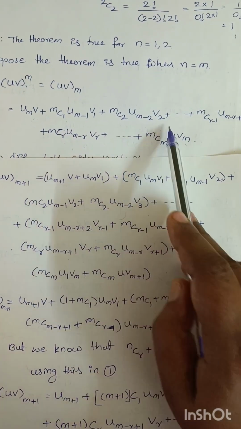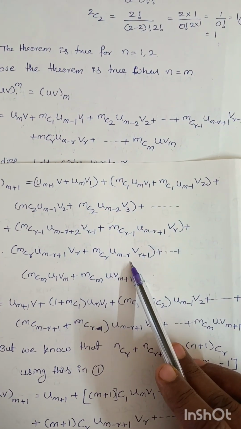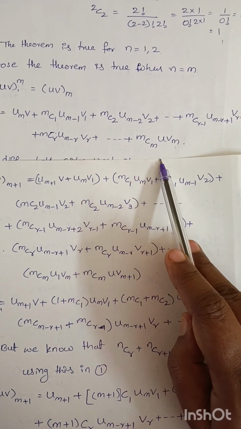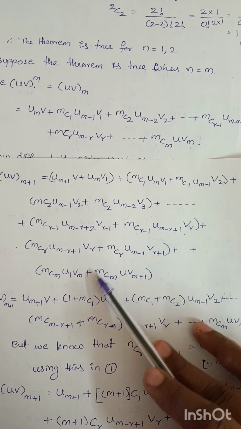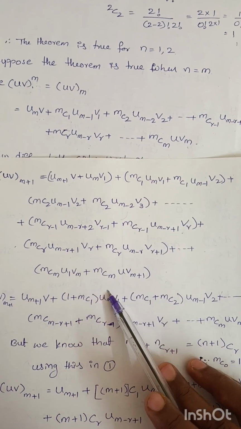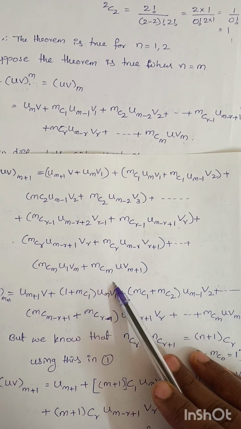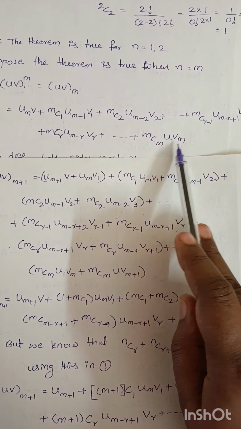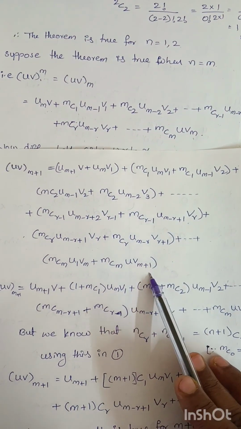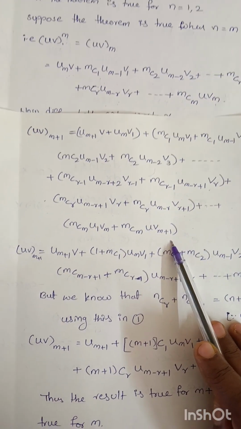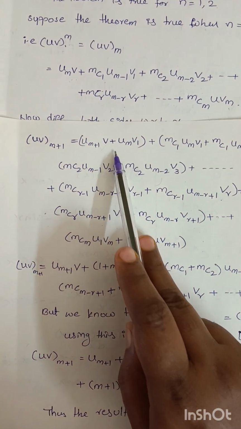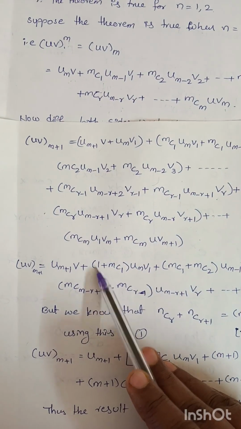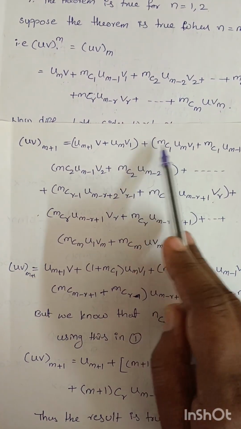Next, plus mCm u1 vm as it is, plus mCm u as it is with vm differentiation vm+1. Now that is equal to um+1 v plus